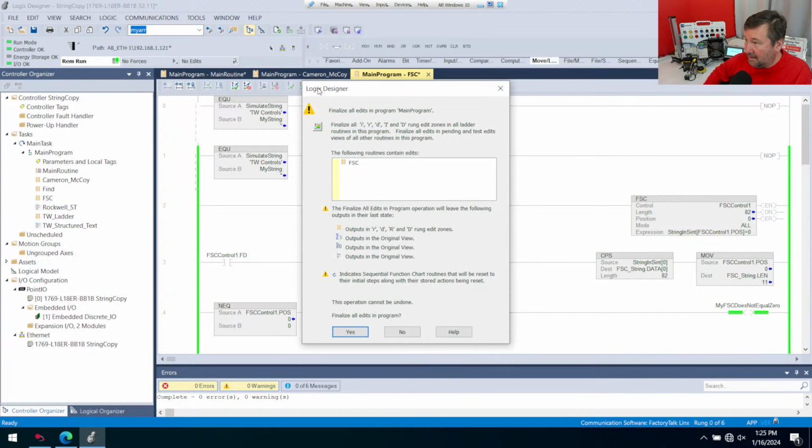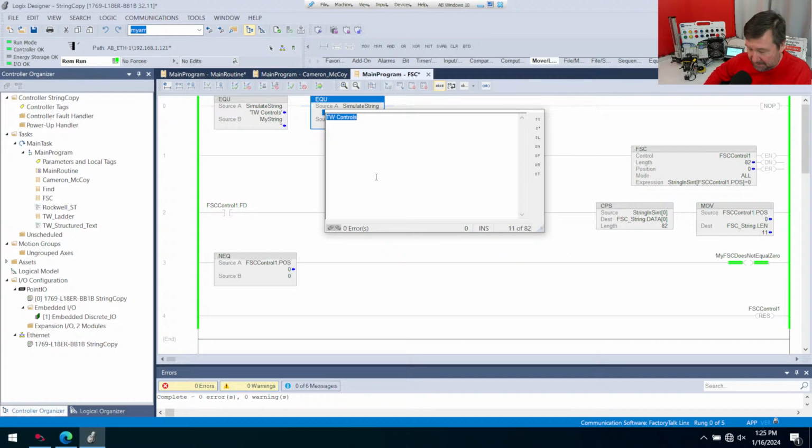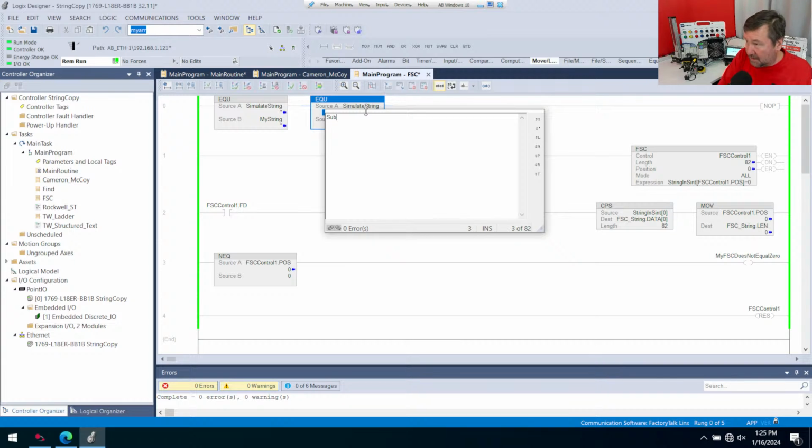And we're going to put that right there. And now we clearly see simulate strings, TW controls, finals, TW controls. I can blank out TW controls. It blanks out perfectly. I can put subscribe in here